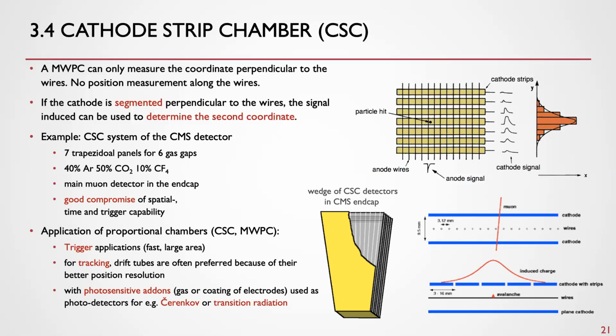Trigger applications are possible with CSCs. Tracking is possible. The spatial resolution isn't great, but if you're far away from the collision point, then a few millimeters or hundreds of microns is good enough. And these are typical detectors that can be used to detect transition radiation. By adding a xenon, for example, one is sensitive to secondary ionization for pair-produced electrons coming from transition radiation photons,